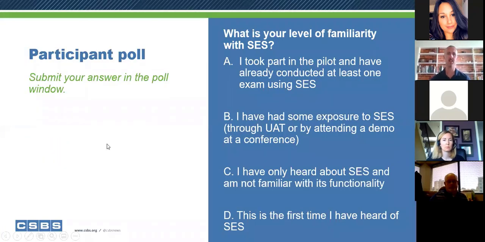First thing is just to get you familiar with the polling technology. We're going to start off with a poll. I just want to gauge your familiarity with the system, what we call SES, the state examination system. So if you could please use the poll window in the Zoom meeting to respond with your vote.